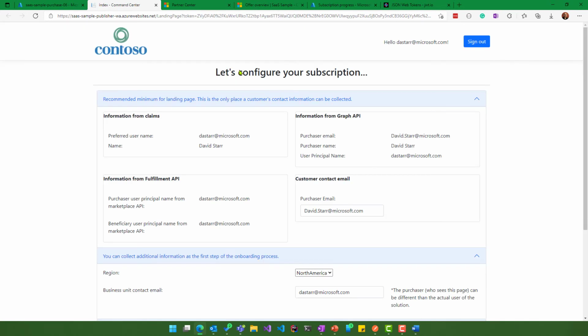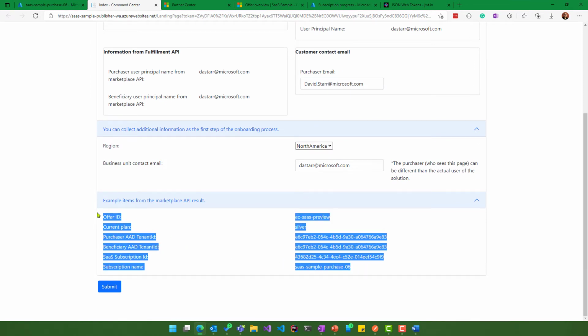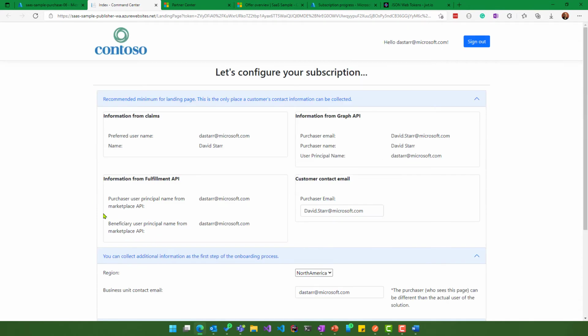Notice that after logging me in, it presents a lot of information about me and about the subscription that I'm trying to purchase. Now, how did it get this subscription information? It did so by resolving this subscription. How is that done? Well, this token that gets passed on the query string to the landing page,